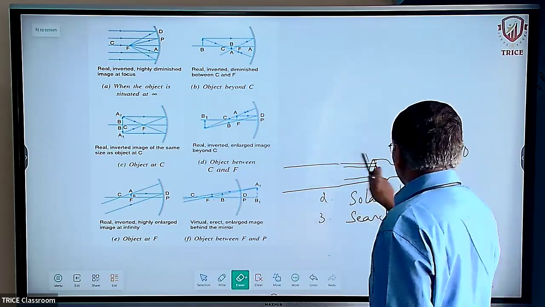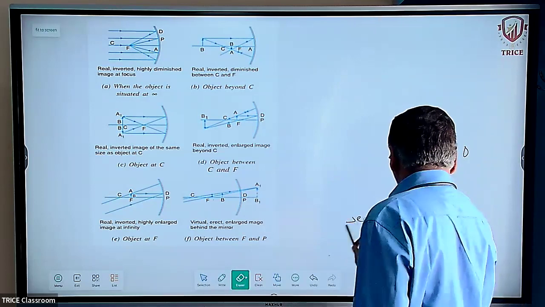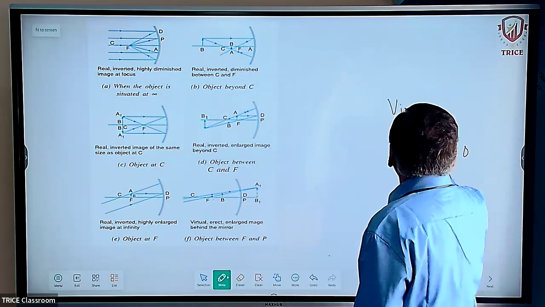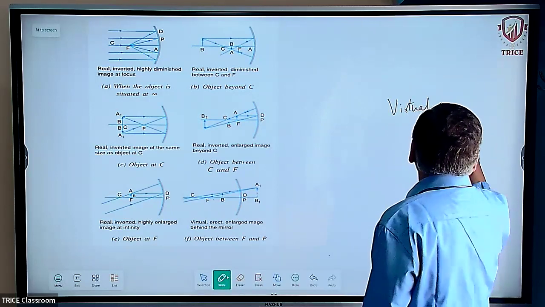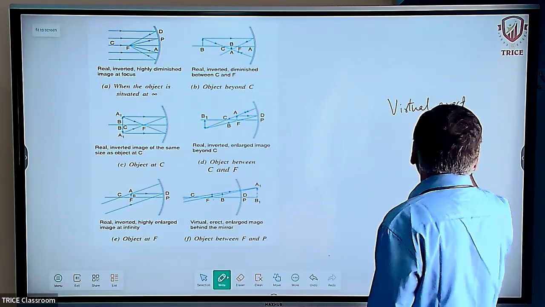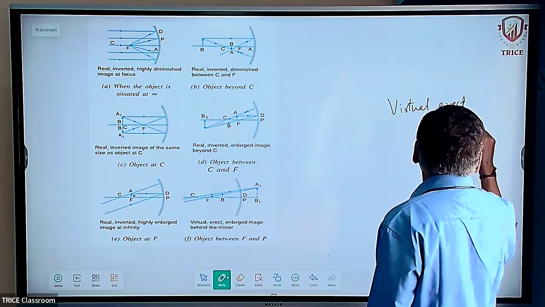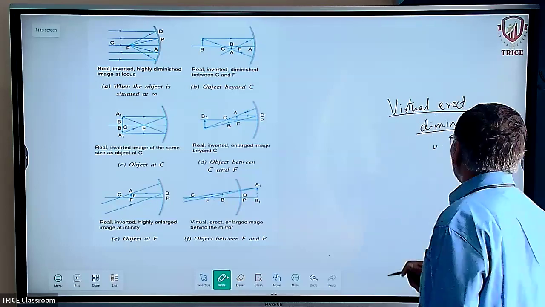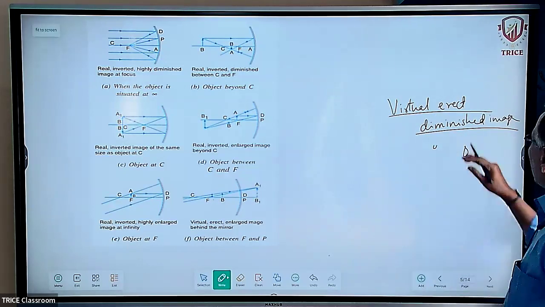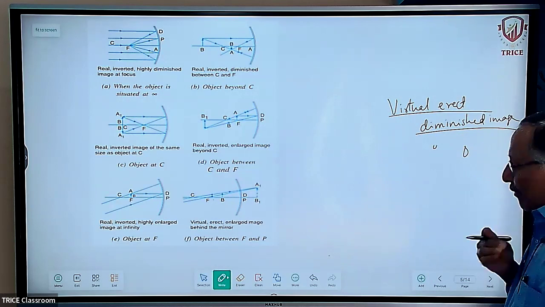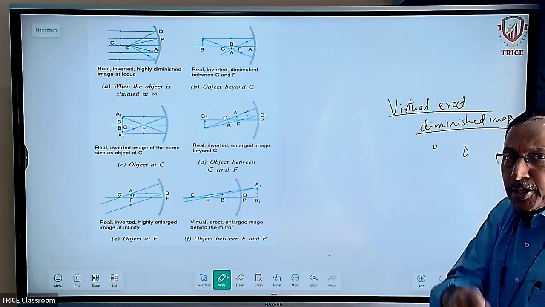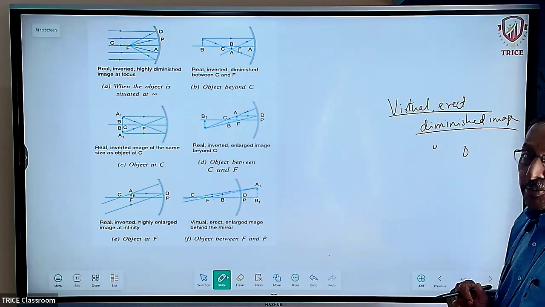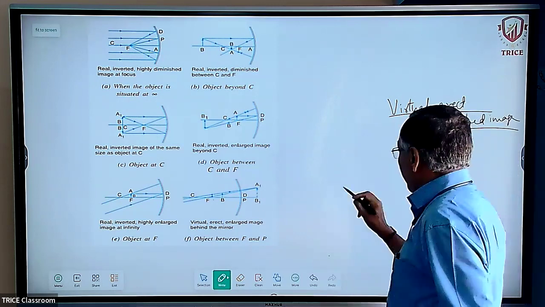Now a convex mirror always forms a virtual, erect, diminished image. A convex mirror always forms virtual, diminished, and erect image. Whatever be the position of the object, whenever you keep the object, you will always get a virtual, erect, and diminished image. So this property is used in